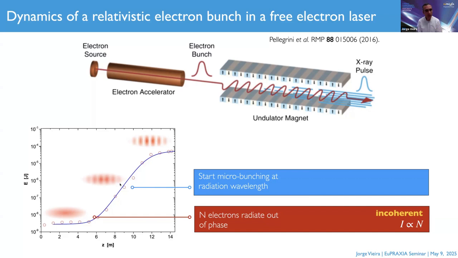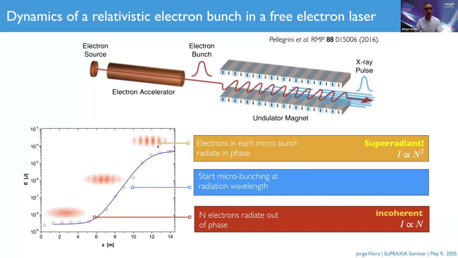When the quality of this electron bunch is sufficiently high, then this bunch starts to be microbunched at the radiation wavelength. This microbunching, the so-called microbunching instability or free electron laser instability, forms a train of electron microbunches, and every electron in each microbunch radiates in phase with its neighbors. Because of this, the radiation from different electrons interferes constructively, and the intensity of the radiation then scales with the number of particles in the microbunch squared. This is the typical scaling underlying superradiant emission, which is typical of superradiant free electron lasers,